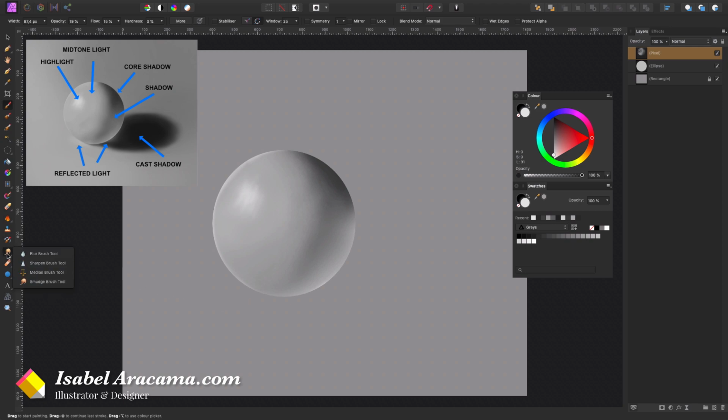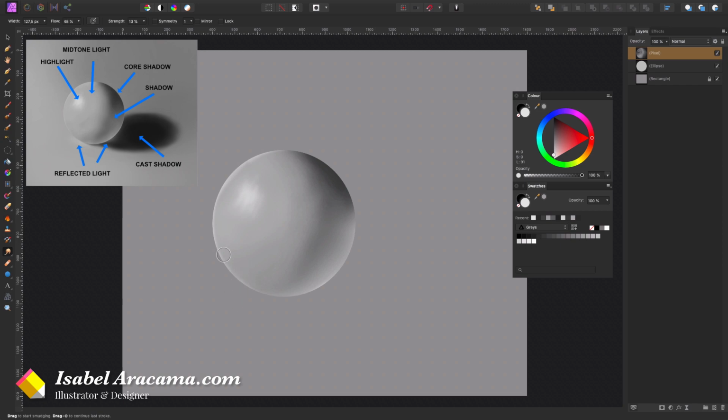Maybe now it's a good moment to use the smudge tool, but you have to be really careful. Put the strength really low. And maybe like this, you can just blend a bit your edge, but really don't abuse this tool because it's really gonna hurt your final results.